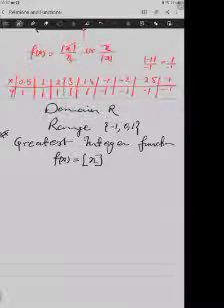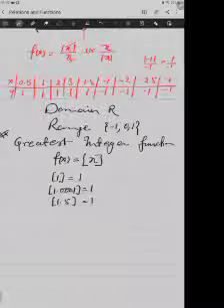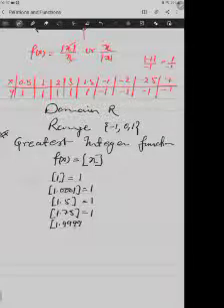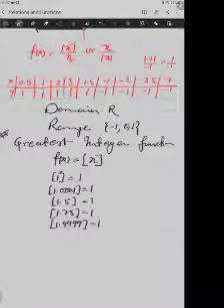Like, let us think, if you put 1, then it will give you 1. If we put 1.0001, then also it will be 1. If we put 1.5, then also it will be 1. If we put 1.75, then also it will be 1. If you put 1.9999, then also it will be 1. So if it is an integer, then you will get the same value. And if any number put is a decimal or fraction, then the lower integral value will come. The lower integral value right now is 1.